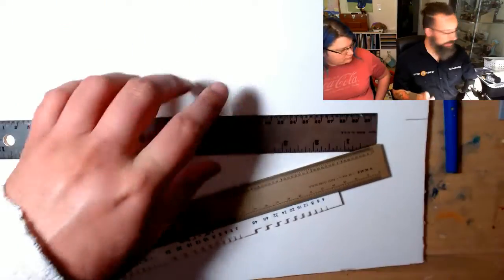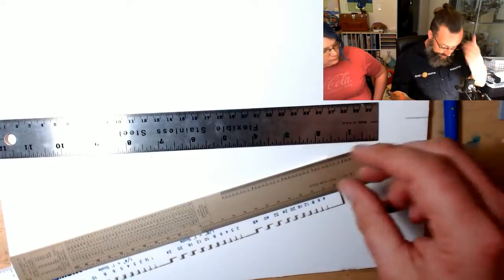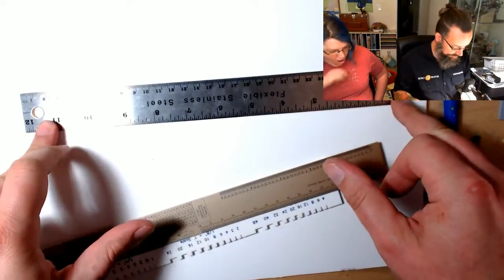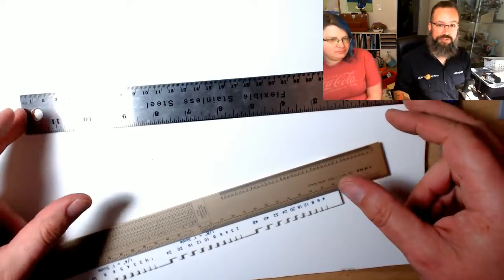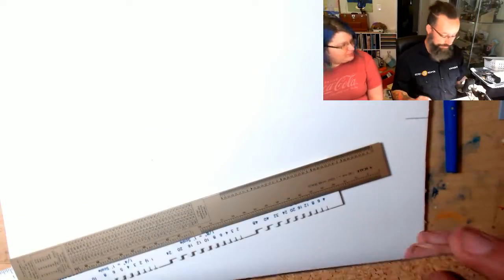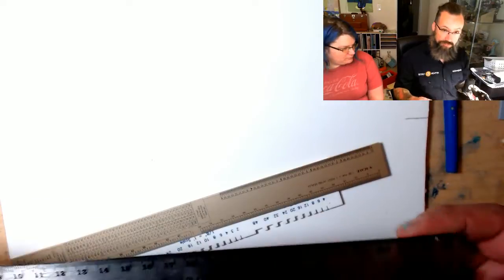So, I have 2 generic stainless flex rulers. But the one I use most often is the Precision that actually ends at the end, so you don't have that extra gap that every other ruler in the world seems to want to stick a half centimeter on the end or something for you. So I use this more than anything. It's also the only one that's always going to be clean on the bottom,